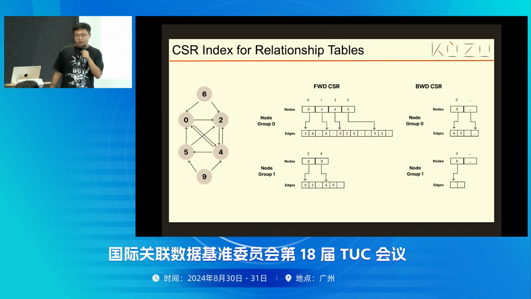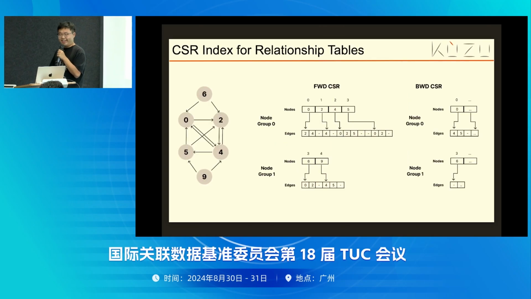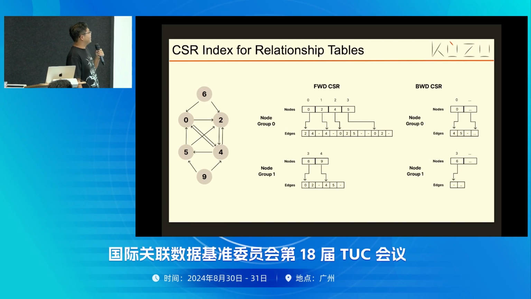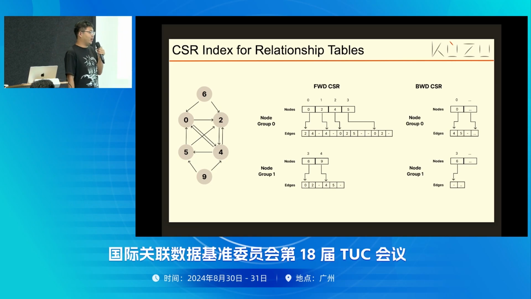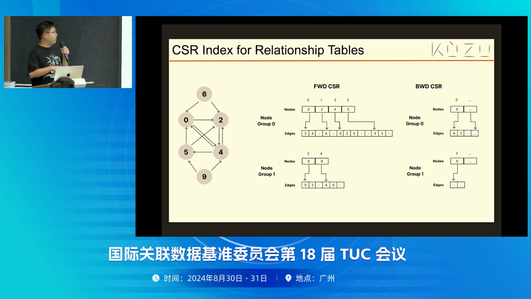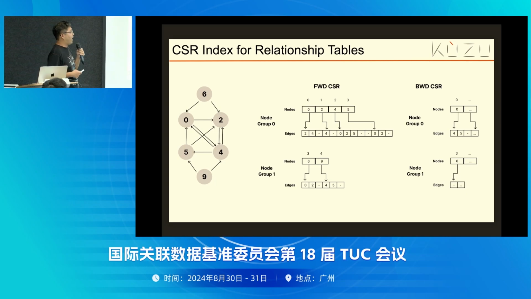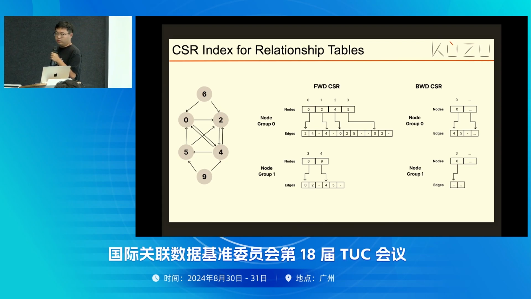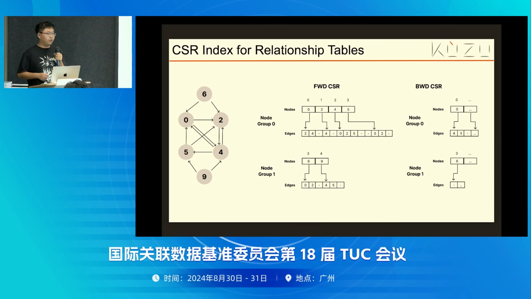So alongside column-oriented layout, we are a graph database, so we do have a CSR index. To be more precise, it's not just a CSR index, it's more like our entire relationship table has a CSR layout. First of all, we do double indexing, meaning we have a forward CSR and a backward CSR, which opens up interesting possibilities when you do join order optimizations for complex query patterns.